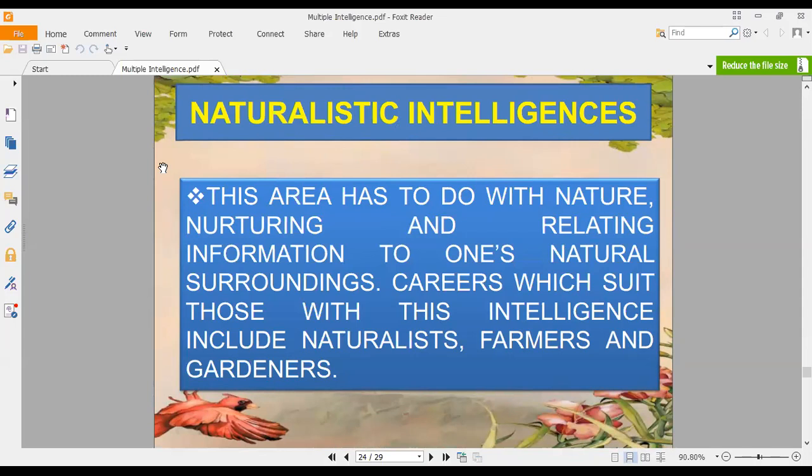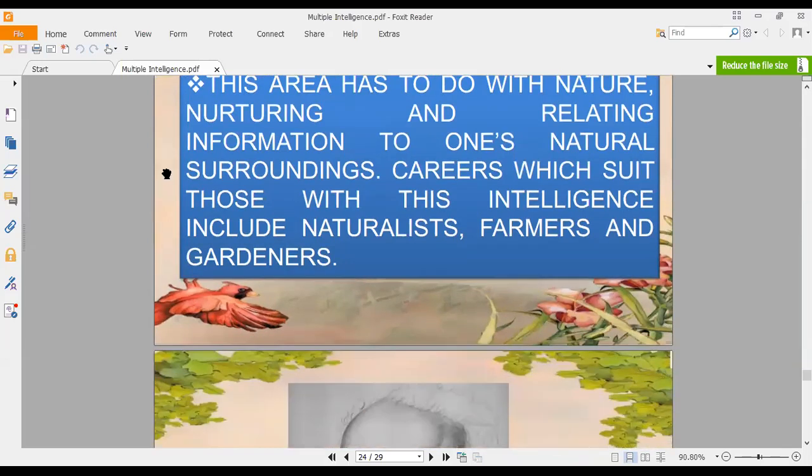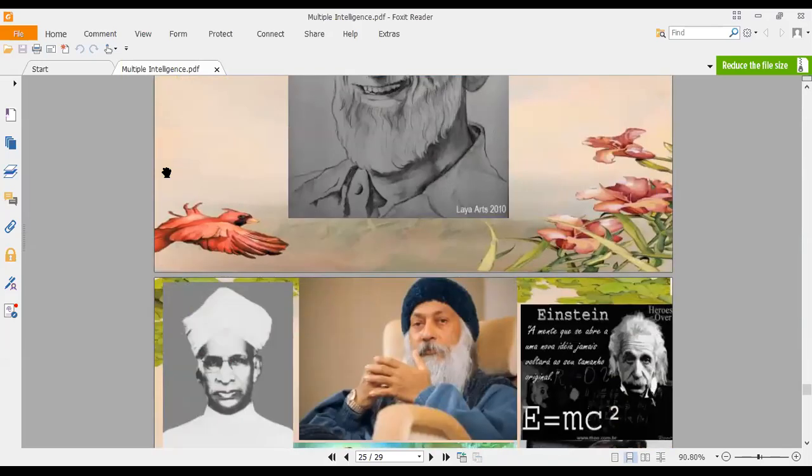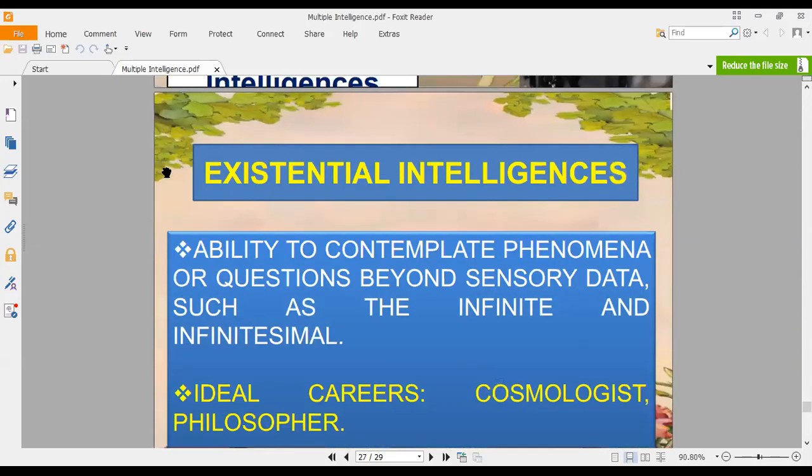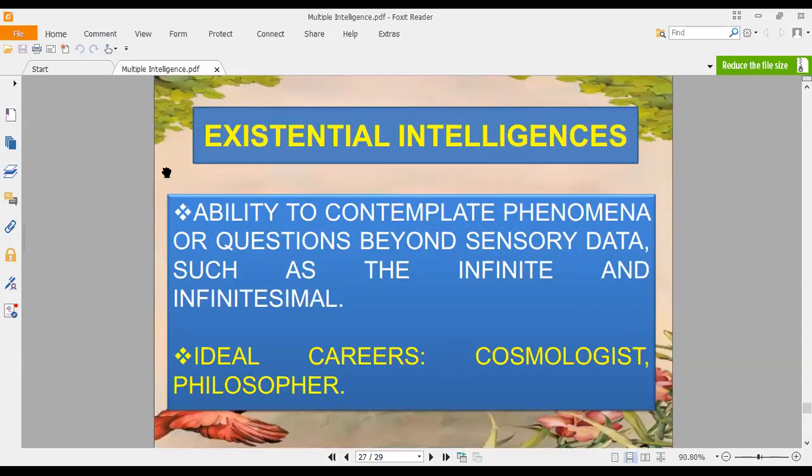That means nature, nurturing and relating information to one's natural surroundings. So those intelligences include naturalists, farmers, gardeners. That means always working with nature, right? Always protecting nature and those kinds of things, right? So, here,